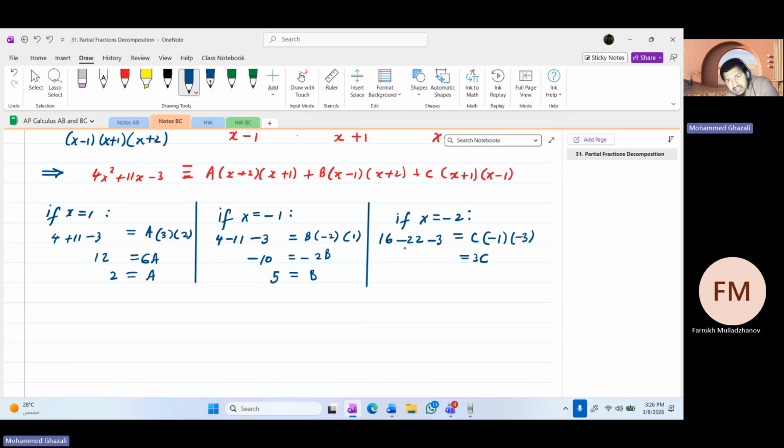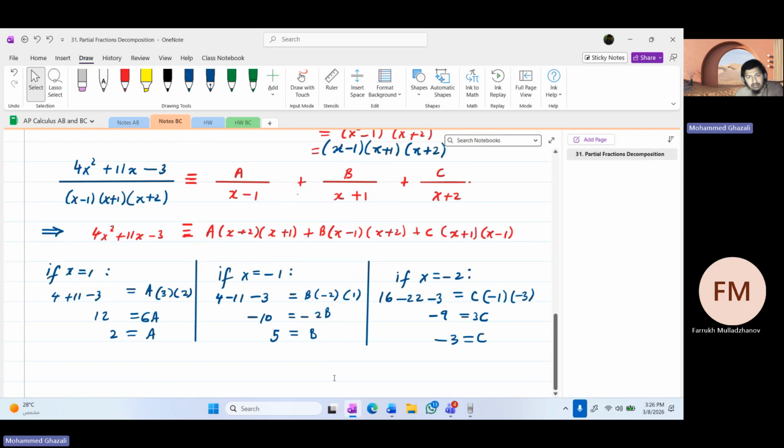Yeah, I have 3c on this side, and this is minus 25 plus 16. That should give me negative 9. So the value of c is negative 3. Now, if I substitute all this inside here, then what we can see is that if I substitute these values inside here,